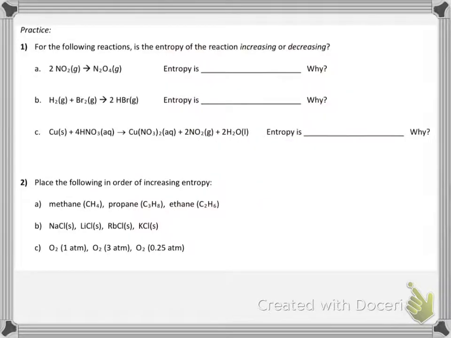So we're going to try some practice problems. First, you're going to look at each of these chemical reactions. Now remember, for chemical reactions, you're looking primarily at the change in 2 things: changes in state and changes in number of particles. So I would like you to go ahead and determine, do you think entropy is going up or going down for all 3 of these, and, oh yeah, why? Whenever you are ready to check your answers, unpause the video.